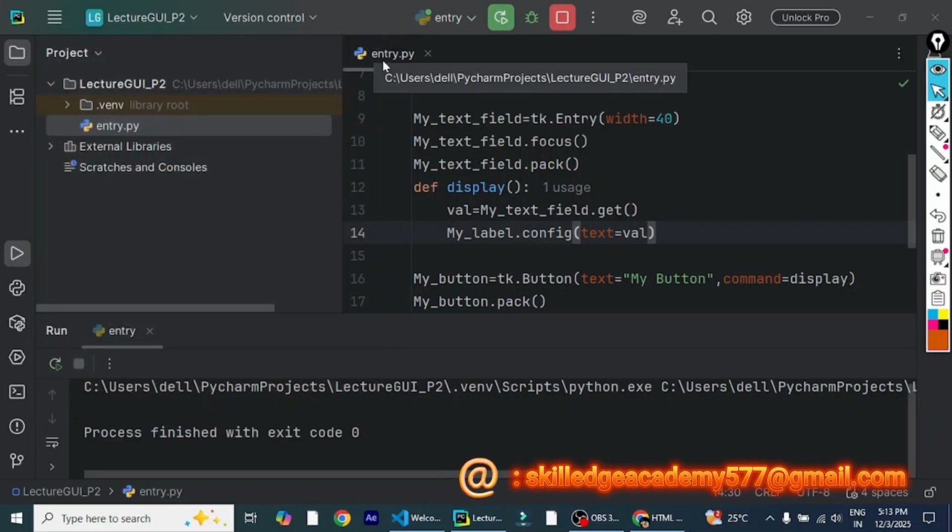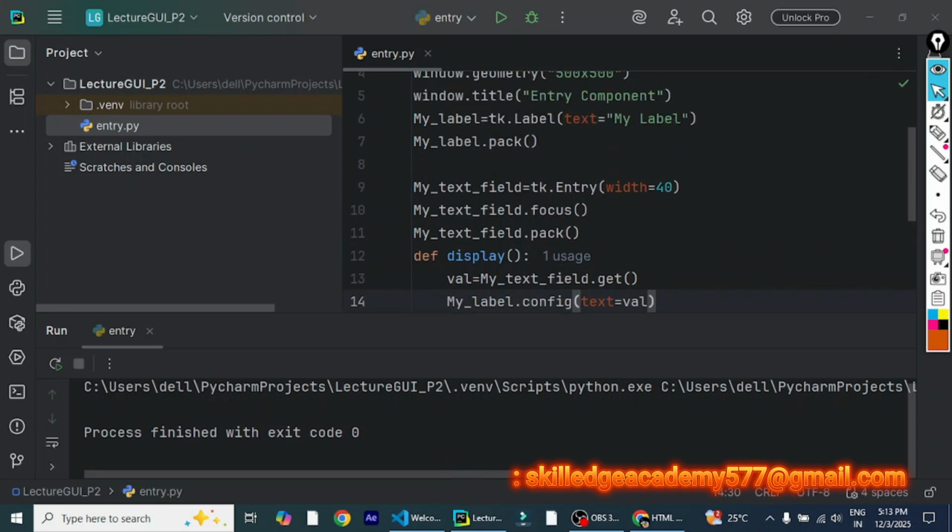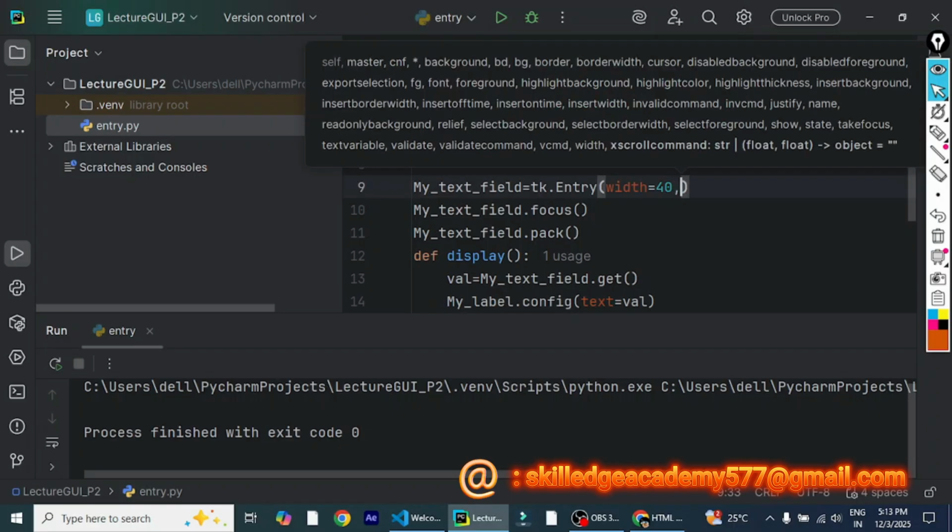Now one more thing can be done. When we are defining the entry component, we can assign a variable to this entry component, and whenever you have to use the value of the entry field, you can directly use that variable. So how to assign the variable to this entry field? To assign the variable, there is a property known as